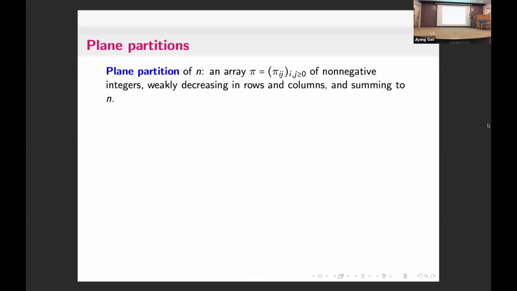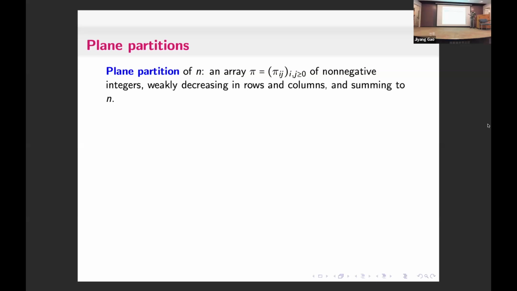Now, so that is what I wanted to say about this generating function, 1 over 2 minus e to the x. And the second generating function had a lot of influence on me. Most of you are familiar with it, but I'll review the definition. A plane partition of n is this